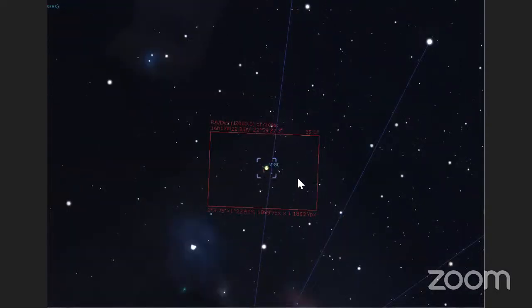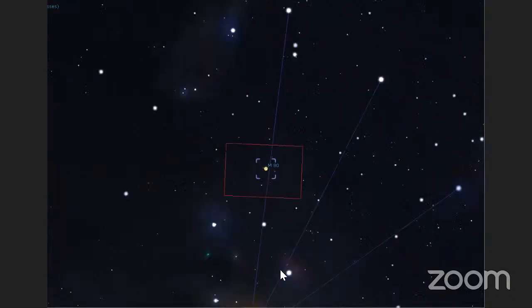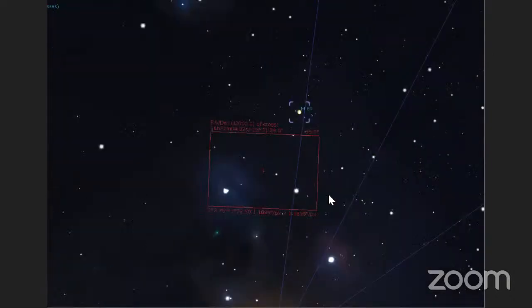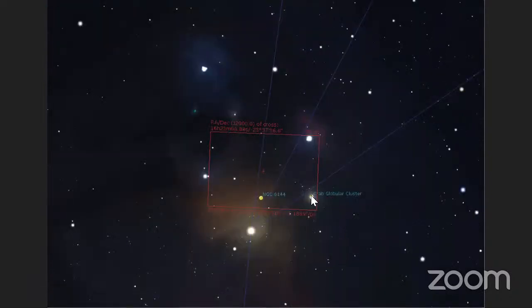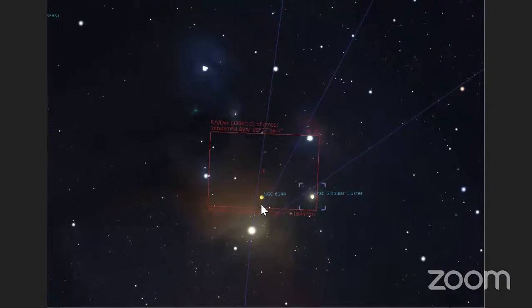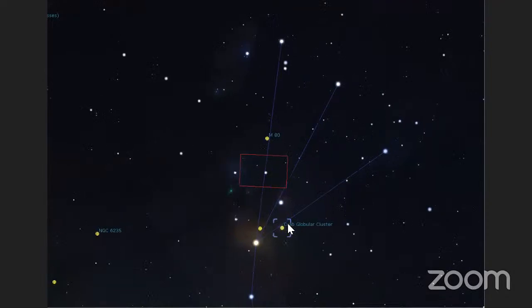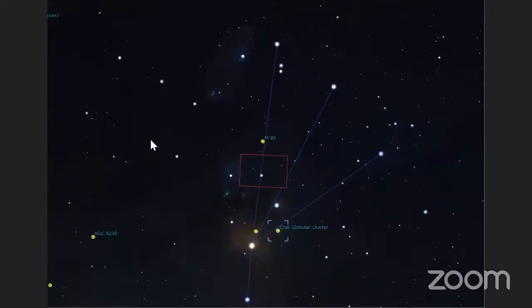I can't take the next object, which is M4. That's a globular cluster again. Okay, this one, M4, the globular cluster. But because there is a tree which is obstructing, I will not be able to show you this. Meanwhile, what I will do is